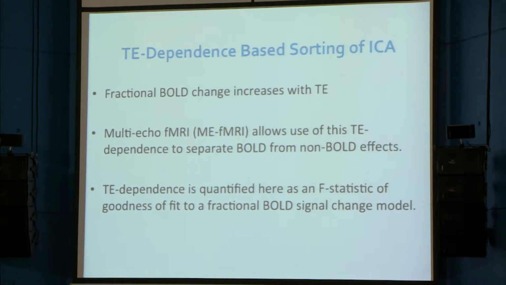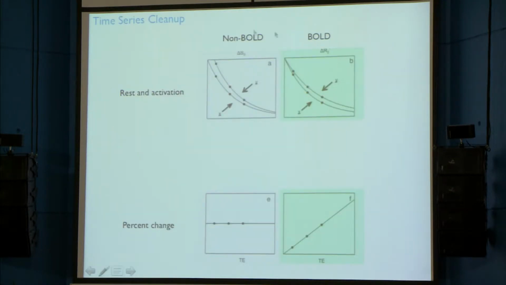And then we fit this to a model of what we expect. So during rest and activation, this is a typical relaxation curve. With non-bold, with movement, you might have intercept changes in this signal or other things. With bold, everything is the same except the time constant of this relaxation curve. And so in this case, an intercept change looks like a flat percent signal change. With bold, it's truly a linear response.